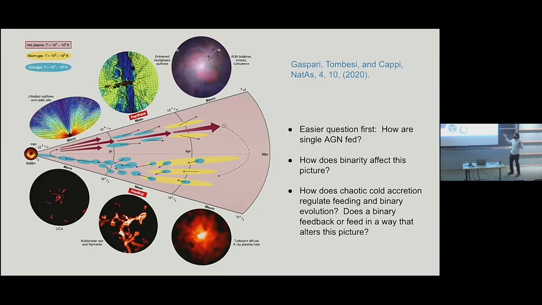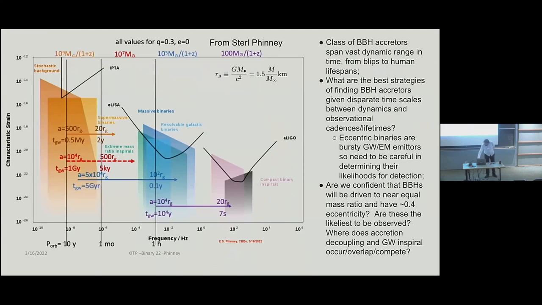And this is just a single AGN case. We're talking about binaries. So how does the binary complicate this picture? It's really 9 orders of magnitude that this cycle covers, and so it's really challenging to understand this. Also, there's a temporal problem too. These black holes can evolve and merge on timescales that are blips and also span human lifetimes, right?